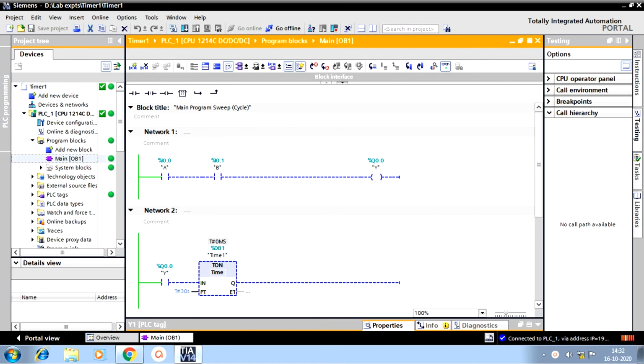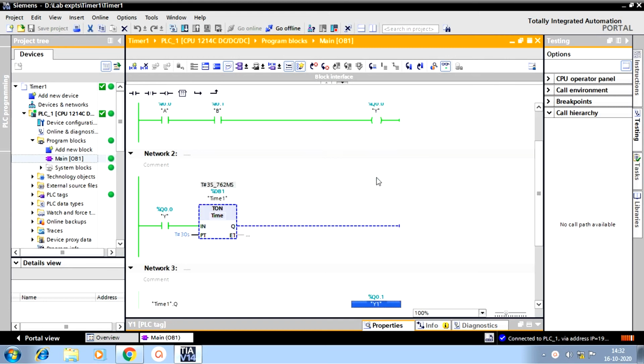The green line indicates the logical continuity and dotted blue lines indicate there is no continuity. So if a switch is on, it will turn green. So one is on, so it is green, and when the second is on, this will also turn green and output will go on. You can notice that once output Y goes on, in the second rung this goes true and the timer starts to time, and it will time for a preset value of 30 seconds.